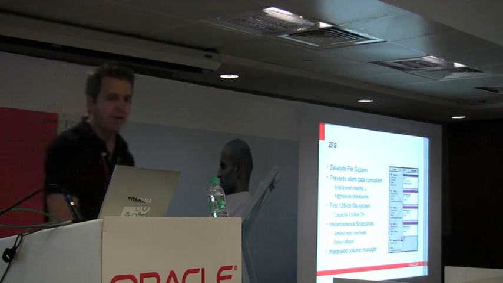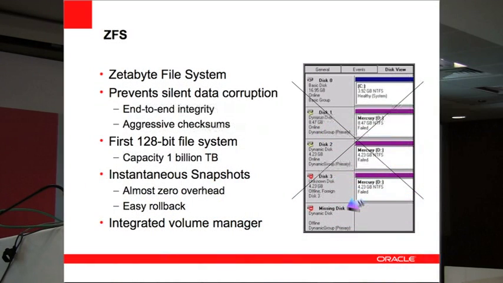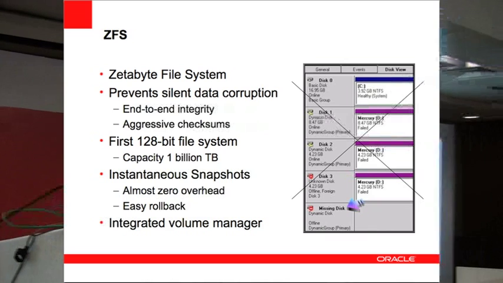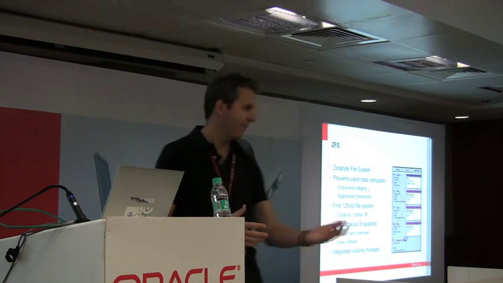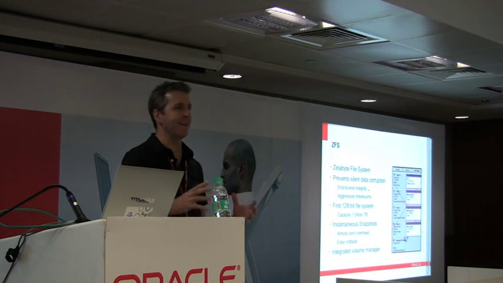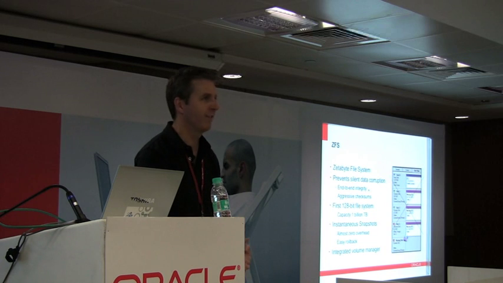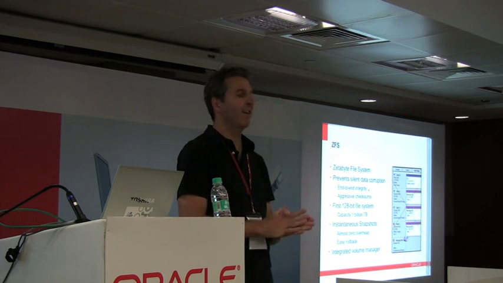Okay. So ZFS, the zettabyte file system. The phrase I like to hear, or what I like, is the last file system you'll ever need. That's because it's a 128-bit file system. It has essentially an unlimited capacity as far as you're concerned. It'll hold 1 billion terabytes of data. Most people can comprehend how big a terabyte is, because maybe you have a disk in your house that's half a terabyte. Well, the ZFS file system has a capacity of 1 billion of those. That's kind of hard to wrap your head around, but